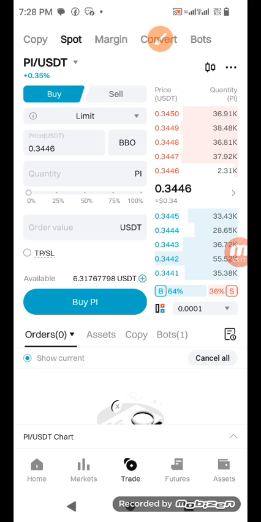Limits, what does it mean? If I want to buy on limits, what I'm going to tell the system is, please, when you are buying, you want to buy cheap, am I right? But when you are selling, every wise businessman wants to buy cheaper and sell higher. So when you use the limit order type in spot trading, you are telling the system, now the coin is selling at 0.3446.